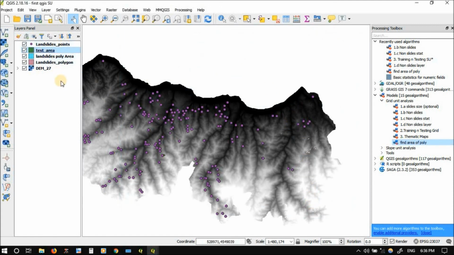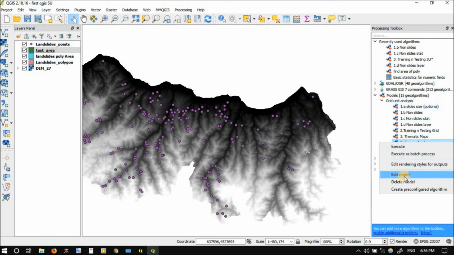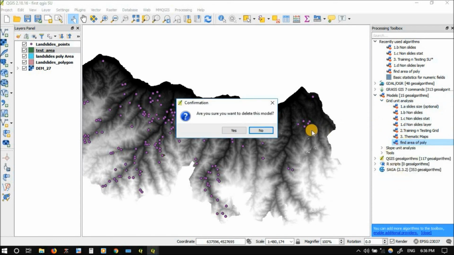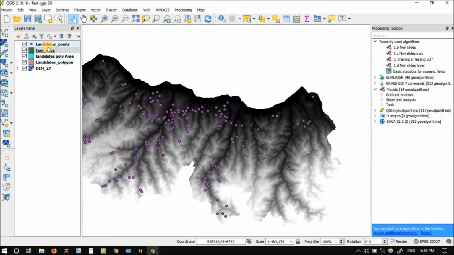And it didn't create anything else. Okay, so this is creating a tool and editing a tool in QGIS. If you feel that this tool is not useful anymore, you can just go here and delete the model. When you delete this model, it will be deleted from the library itself. So it will be deleted from here, and from the library. Yes, I want to delete this model. Yes, and as well as the supporting